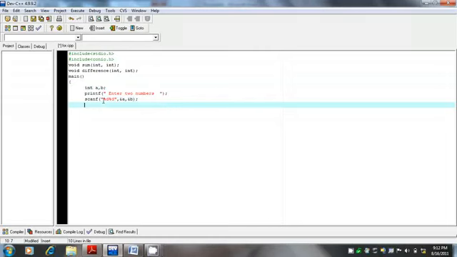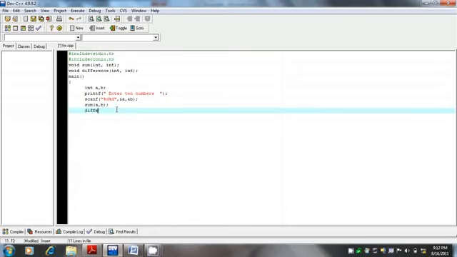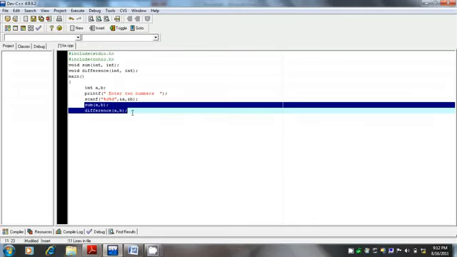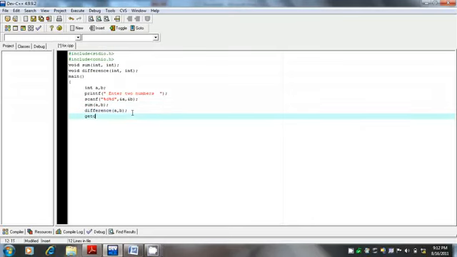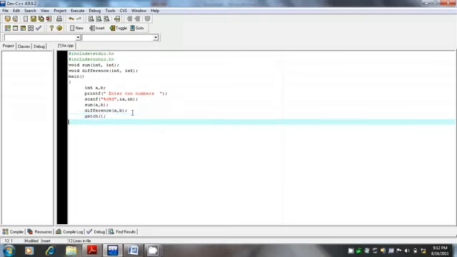So the user has entered two numbers. Now I have to call the sum function, sum a and b. User has entered a and b, so we need to find the sum of a and b and the difference of a and b. So this is function calling. We are calling the function, then getch so that the output window does not close.